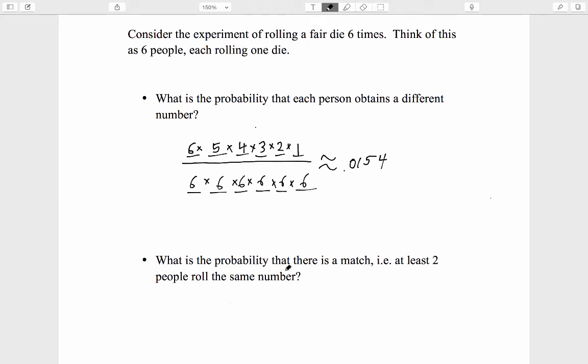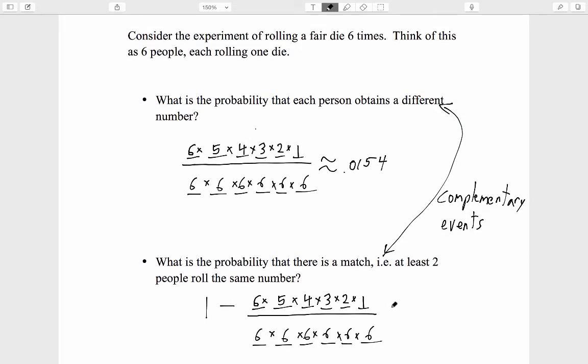We move on now to the probability of the other event, that there is a match. In other words, that at least 2 people roll the same number. The key is to understand how these events are related to one another, and in particular, they are complementary events to one another. They are complementary because either one happens or the other happens. When the experiment is performed, either everyone obtains a different number, or it is not the case that everyone obtains a different number. To say that the numbers are not all distinct from one another is the same as saying that there is a match, that there is some pair of people, at least a pair of people, who have the same number. Thus, the probability of our second event is just 1 minus the probability of the first event, and that is approximately